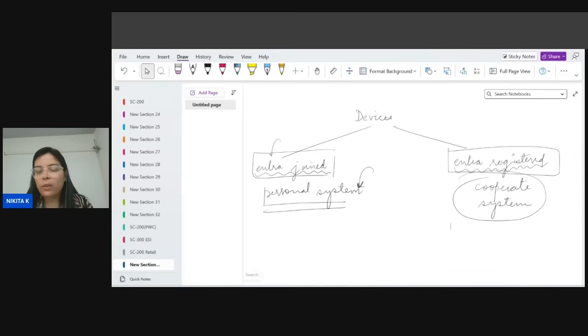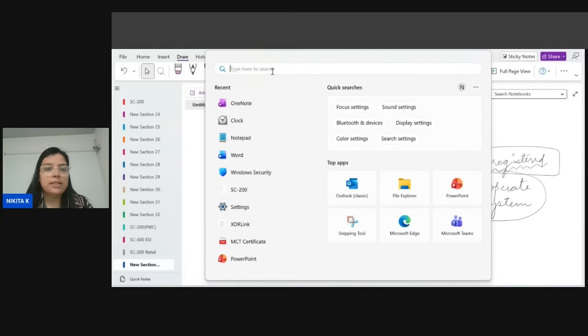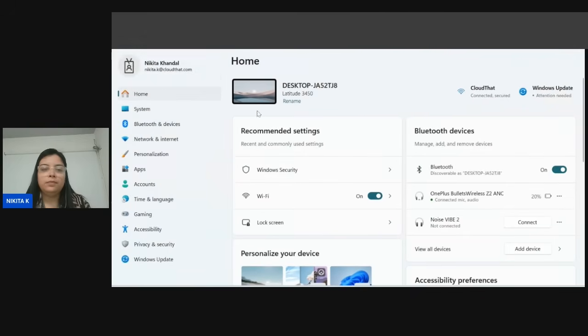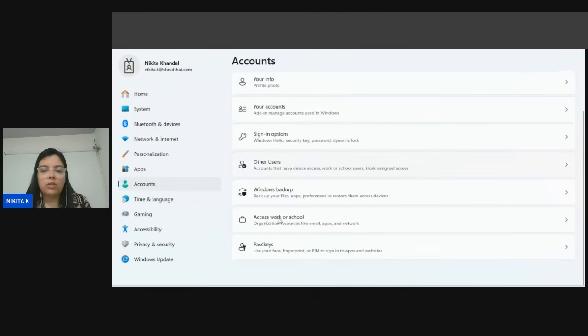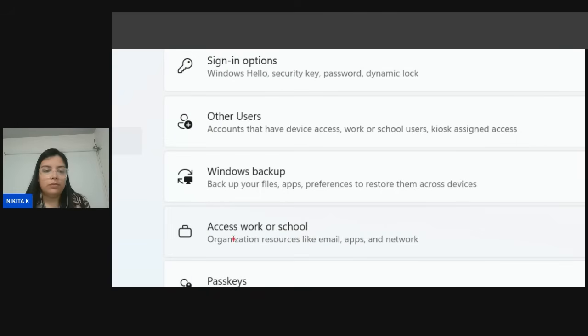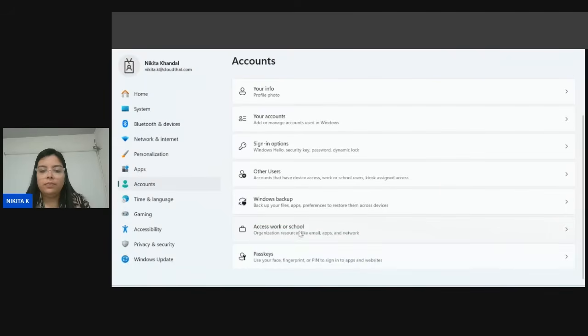First, open your device and go in the settings. Click here. You will be having the option of accounts. Go on accounts, scroll down and access work or school. If you see here, access work or school. Go here